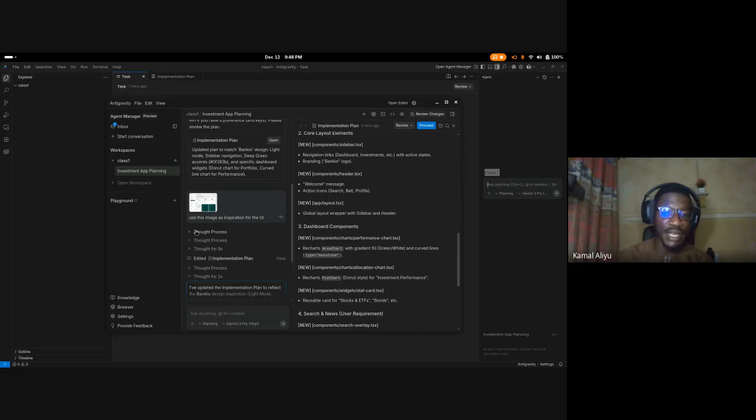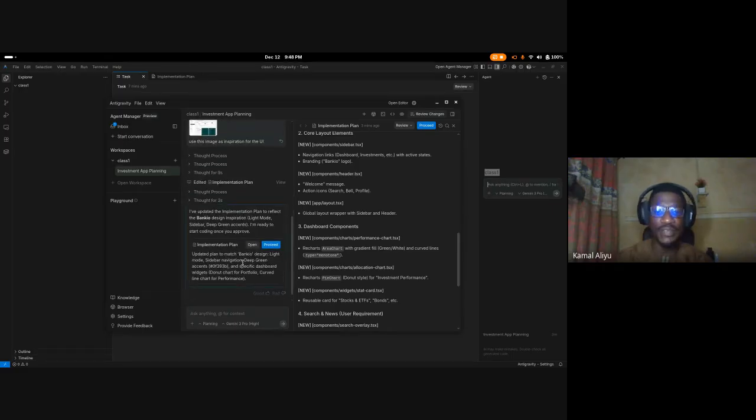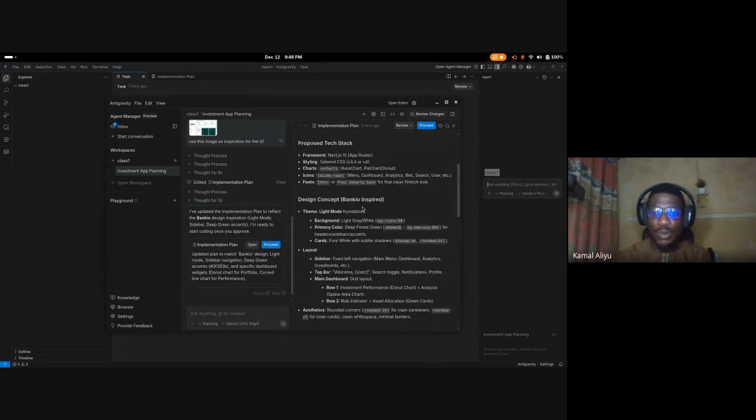It thought through the process and edited the plan. It edited the plan because we already had the implementation plan. Now it's edited the implementation plan, and you see this is the feedback. The next thing is for me to approve. I'll first go through the implementation plan and see, okay, is it what I want? Is it using Tailwind CSS v3 or v4?